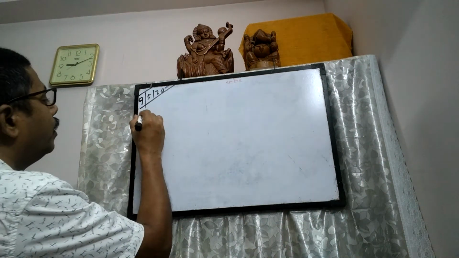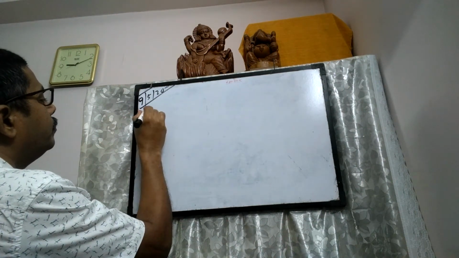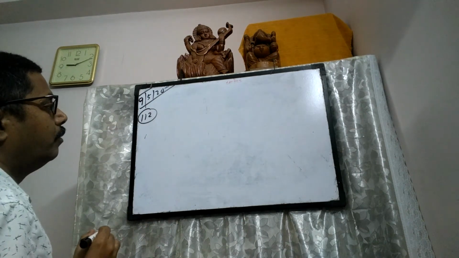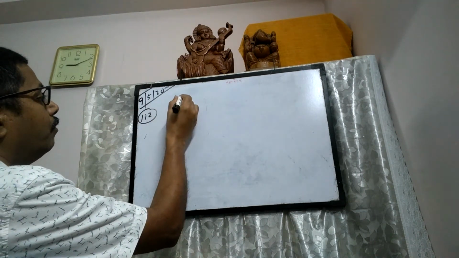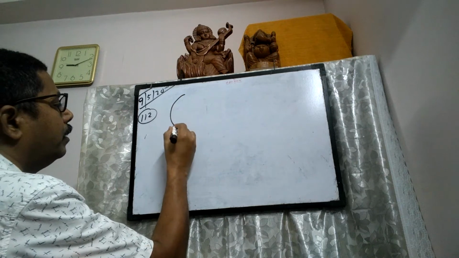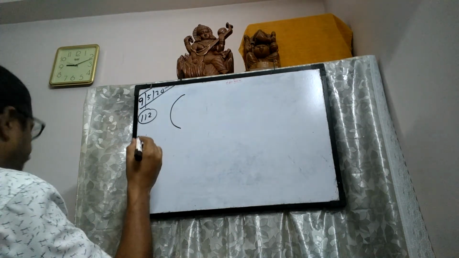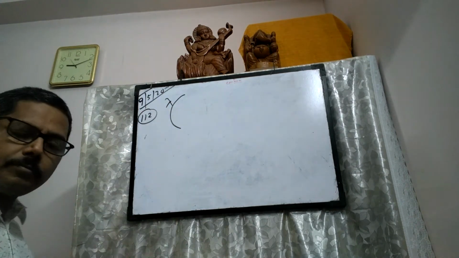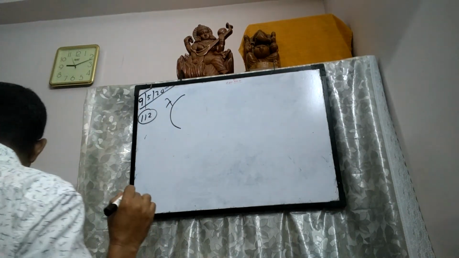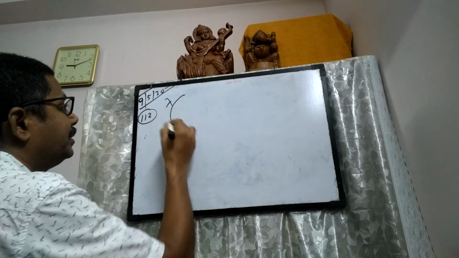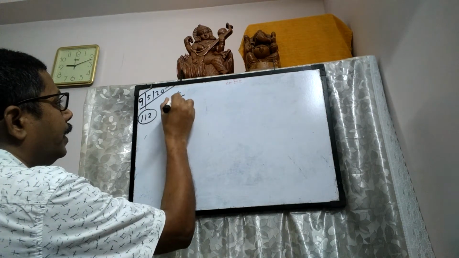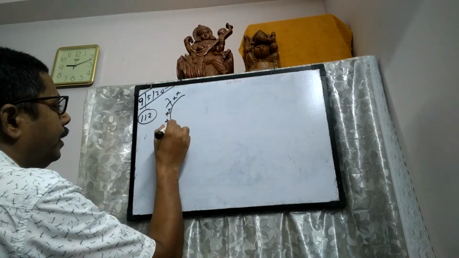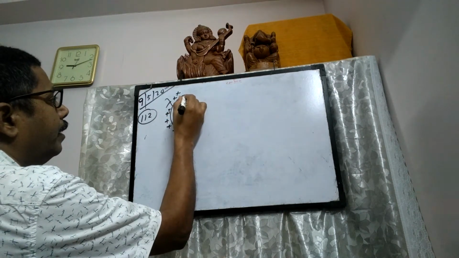See question number 112. First of all, for any arbitrary shaped arc, if lambda is the linear charge density, right,